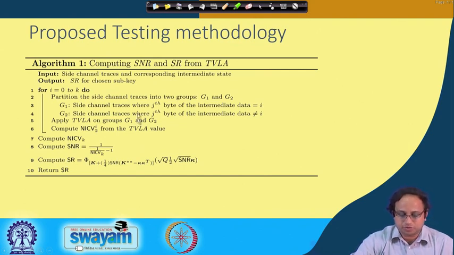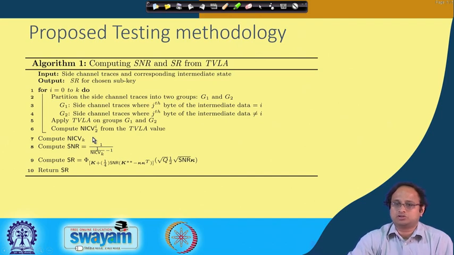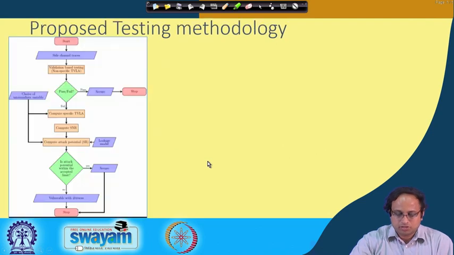Note that in this particular approach, the actual leakage model is only required at this step, in the 9th step, whereas the previous ones you can do agnostic of that. And that is good because you can try various leakage models, and you can do your attack with various assumptions. So this is my proposed test methodology.